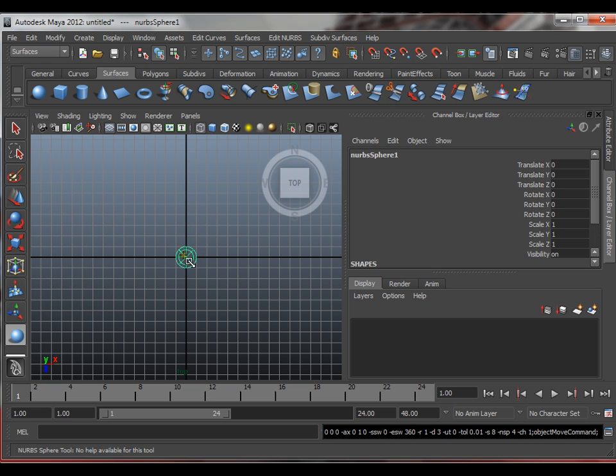Okay, in that way you will not be making any mistake in choosing the center. That's all it's about. So let's come to the other part: once you have created the sphere on the center of the grid,